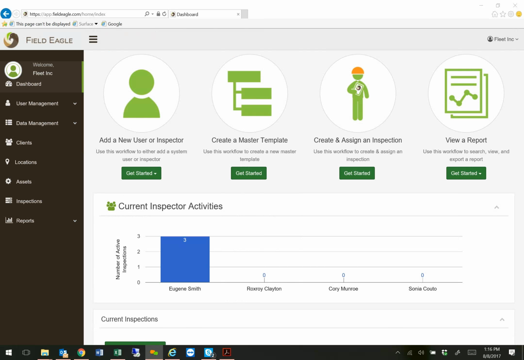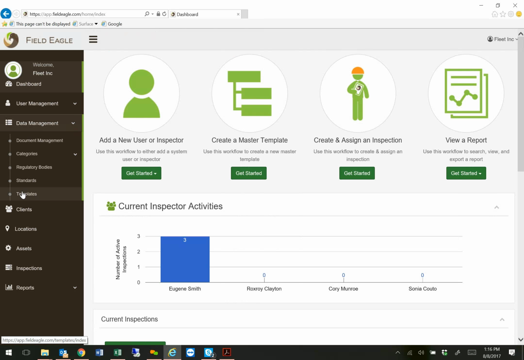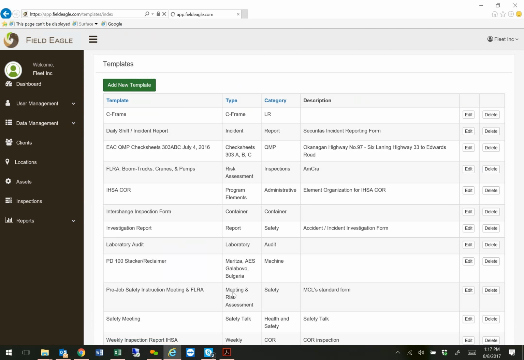In this video, I'm going to show you how to create a template using the Field ecosystem. When you log into Field Eco, you will see your dashboard and your navigation on the side. Select Data Management, and at the bottom you will see Templates. Select Templates, and it will take you to the screen of all the templates that have already been created in